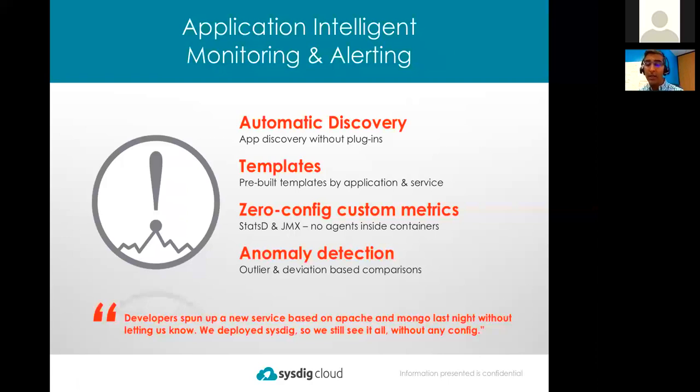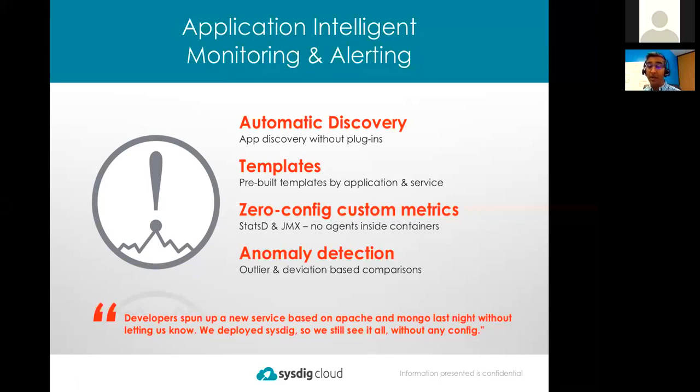Through our unique instrumentation, we can actually see the system calls that a particular app is making, and by using that data, we can determine what application it is. When we determine the application, we can start polling it for appropriate application level metrics. So I'm not talking about CPU, memory, and disk. I'm talking about cache hits and misses. I'm talking about response rates, connections, error rates, response time, and so on.